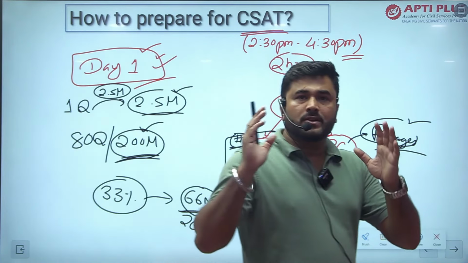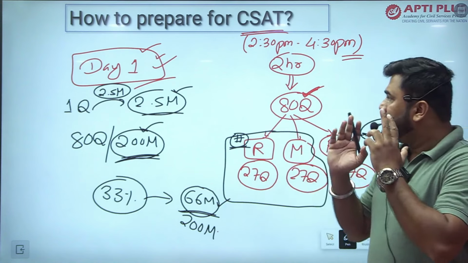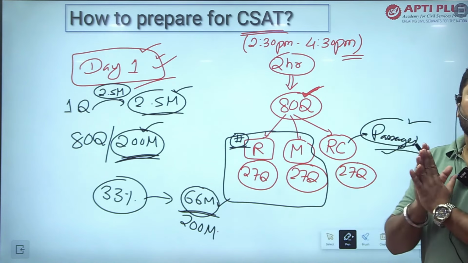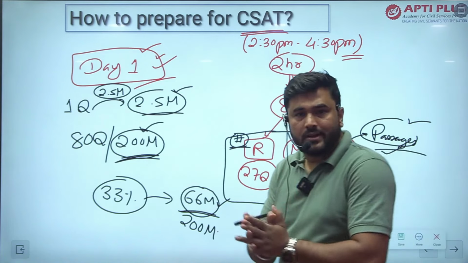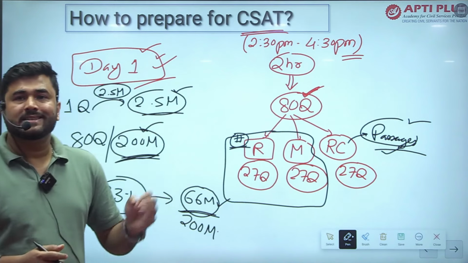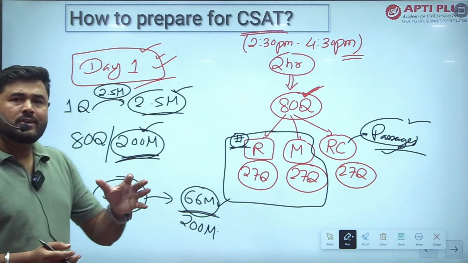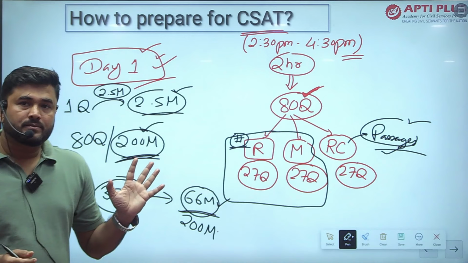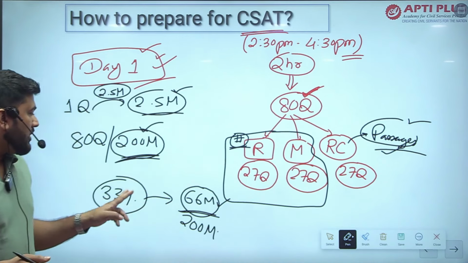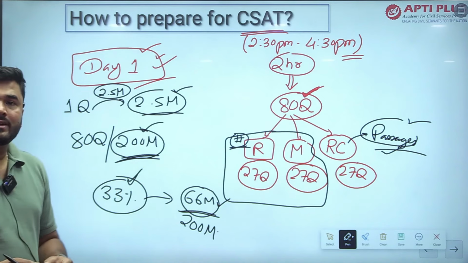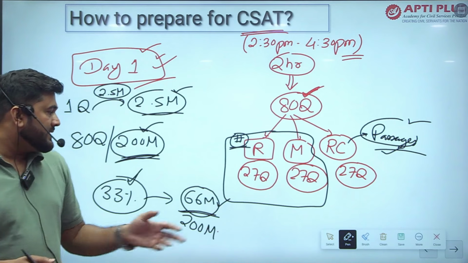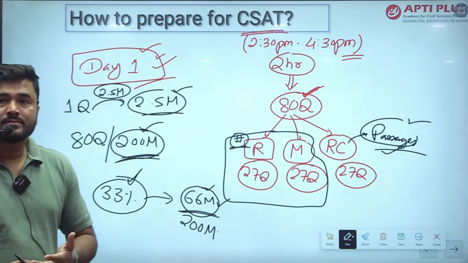So first of all, you should be very practical and straightforward in your mind about how much effort you should put into that CSAT paper. You don't need to solve all the questions in this paper. Be very clear that CSAT is only a qualifying paper, and it demands a minimum of 33% marks from you, which is 66 marks out of 200.